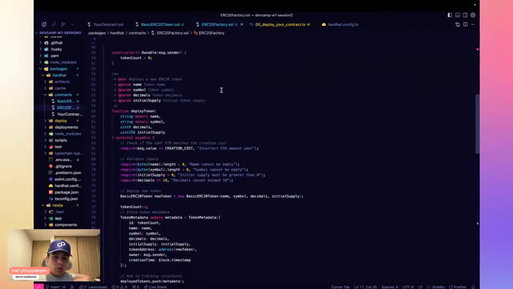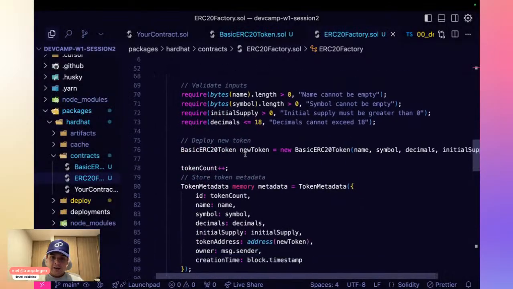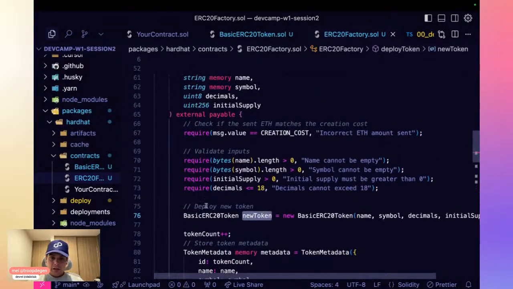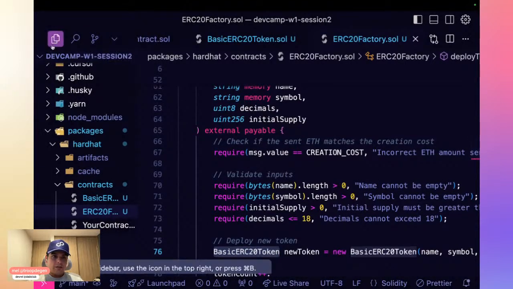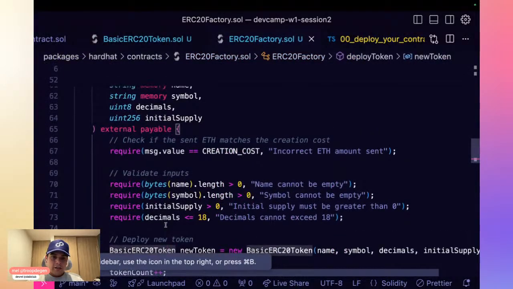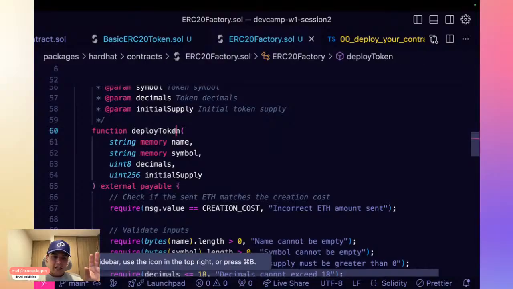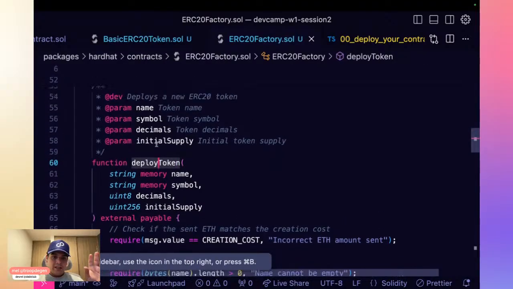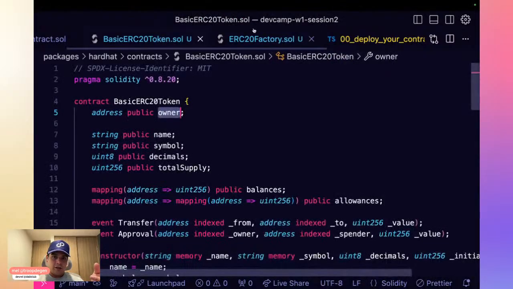Whenever we wanted to do this deployment inside our smart contract, we were using this keyword new. Here we go, this is our previous smart contract that we worked on last week. And here, what we were doing is deploying a new ERC20 token that we had already created on this contract.